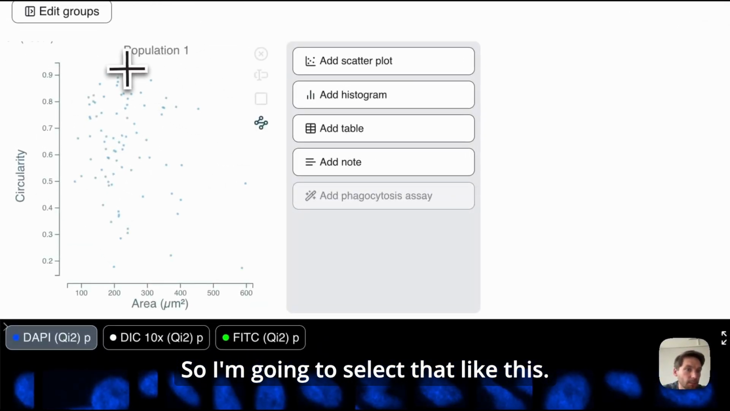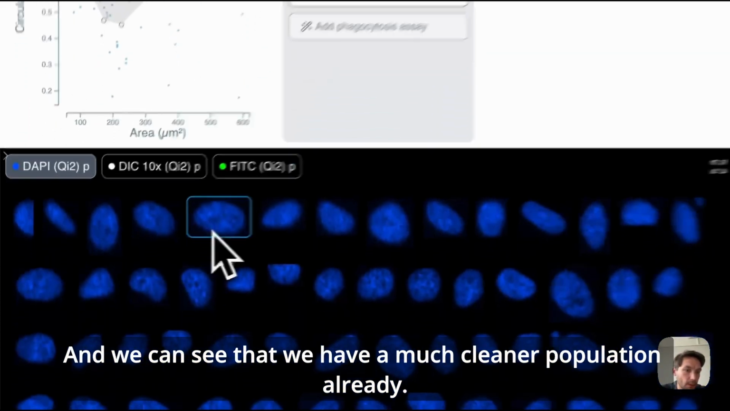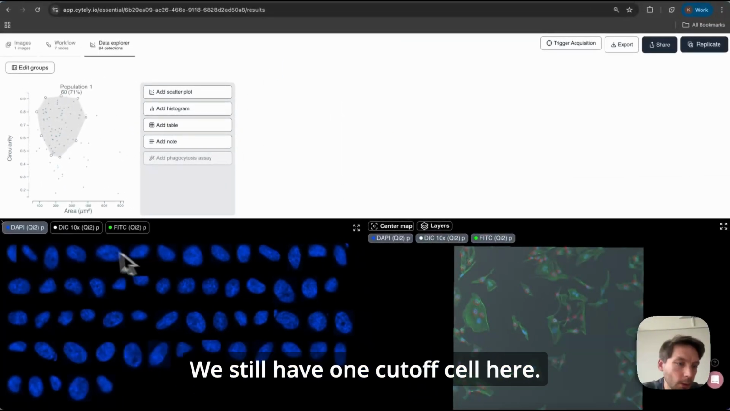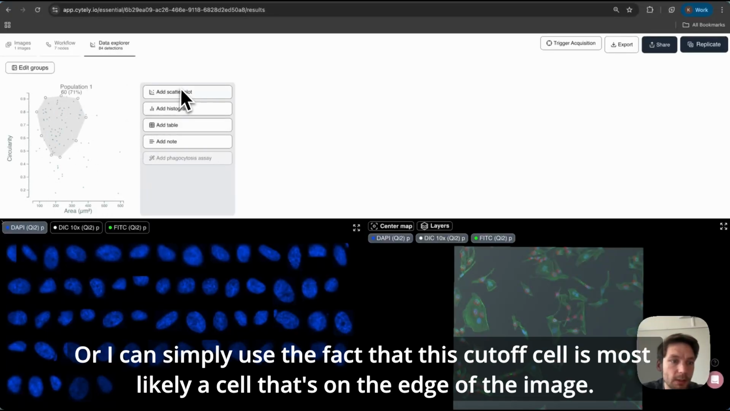So I'm going to select that, like this. And we can see that we have a much cleaner population already. We still have one cutoff cell here. I could probably adjust this gate a bit more to get rid of it, or I can simply use the